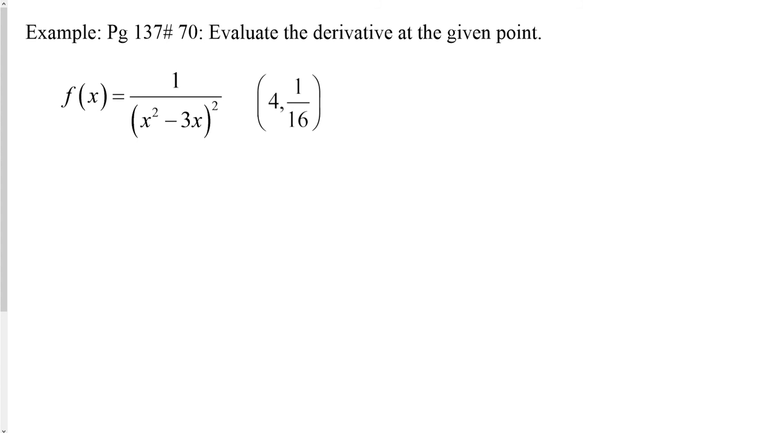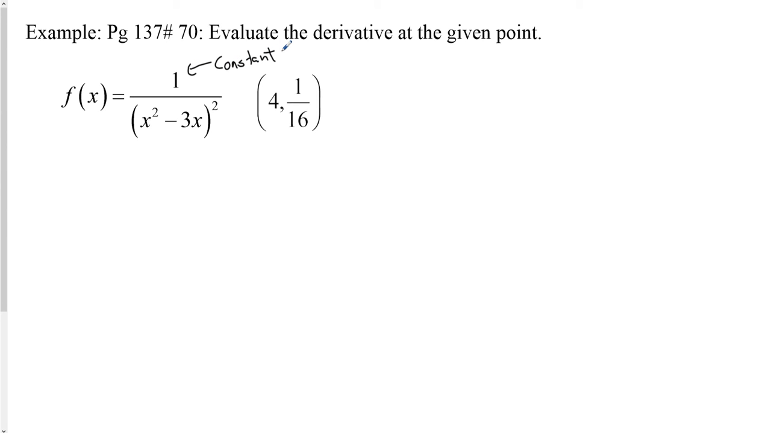This is evaluate the derivative at the given point. I've picked this one to try and kill 2 birds with 1 stone. The first bird I want to kill is that a lot of students look at this particular problem, and the first thing they say is, uh-oh, I've got to do a quotient rule. And you don't, especially if you learn how to rewrite. Because this thing right here is a constant,